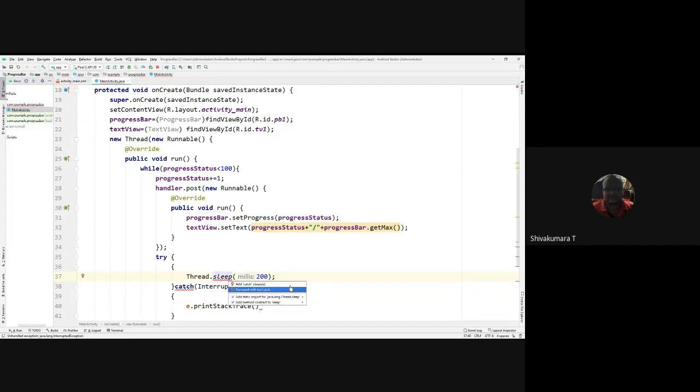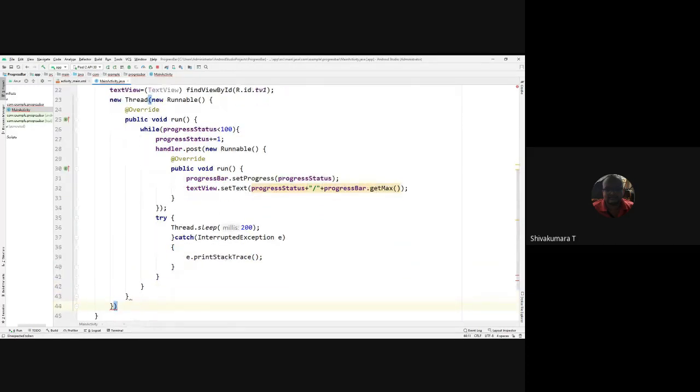Try catch. Oh, sorry. Yes. One more. Now it is InterruptedException, if you are interrupting the progress bar. Then finally, this thread of action is going to begin with start. Some thread concepts are needed to handle the progress bar. Let's see now the output of it.